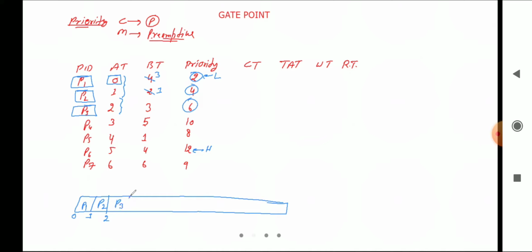We'll execute P3 for again one unit. So here remaining time is 2. अगर दो में ऐड करेंगे 1 तो क्या हो जाएगा 3. इसका मतलब नेक्स्ट अराइवल टाइम तक हमने उसको चला दिया, राइट? So now these processes are available, so P4 is also included, with its priority. Now out of these, which one to execute? Yes, tell me, out of these processes, which one to execute?